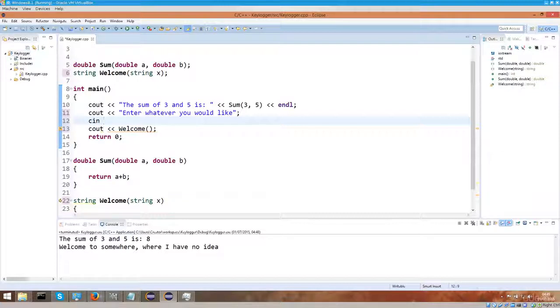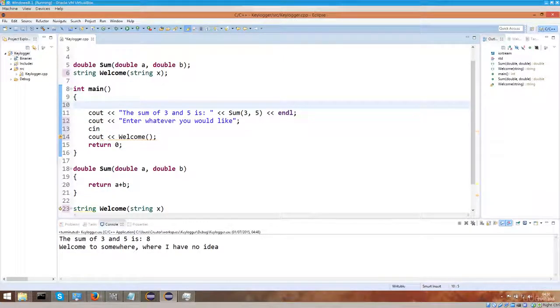And again, we would need some sort of a string in our main function, because when you define a variable inside a function somewhere, that variable is only valid for that particular function. So let's go ahead and type in string x. I can call this one by the same name, but it doesn't have any relation to the string x in the function welcome. So string x will be here. We'll just leave it as it is, and I will type in cin x,